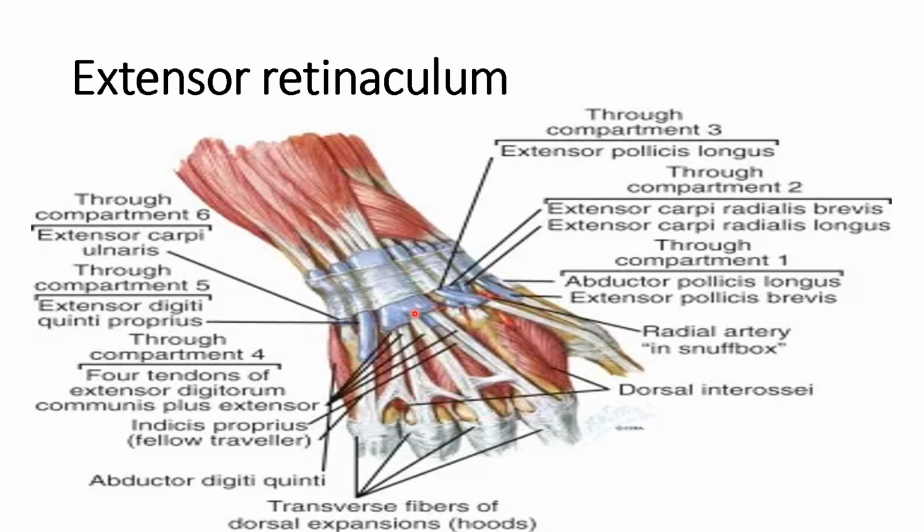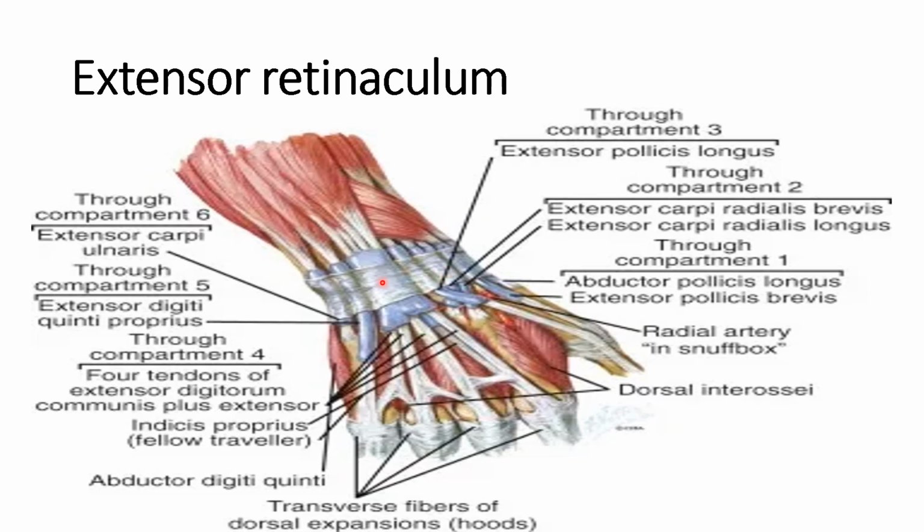So this extensor retinaculum, it is a thickened band of deep fascia that runs across the back and sides of the wrist, and it is about 2.5 centimeter in width, and it holds the extensor tendons in place. These are the extensor muscles, and these are the extensor tendons. Basically, it holds the extensor tendons in place and facilitates their action by acting as a pulley,